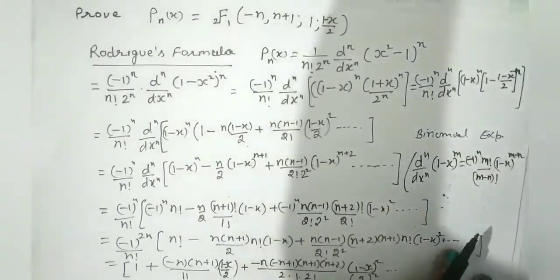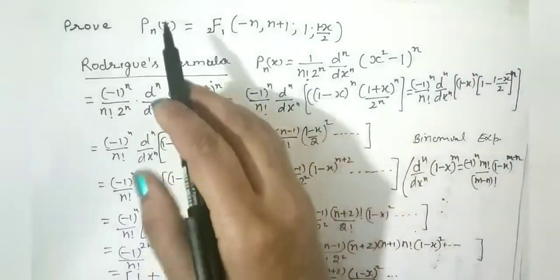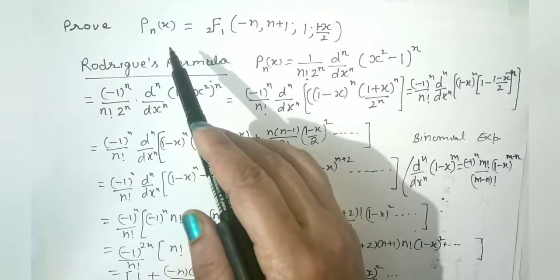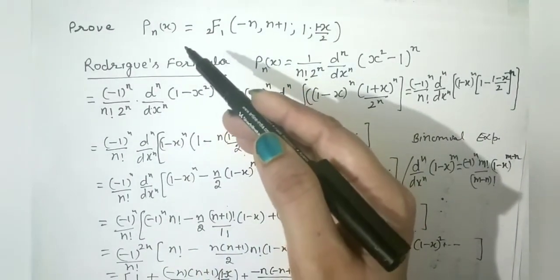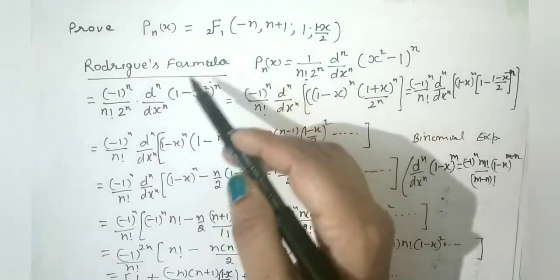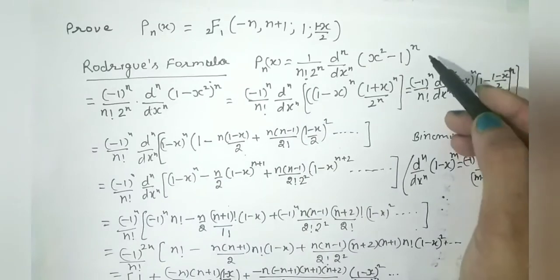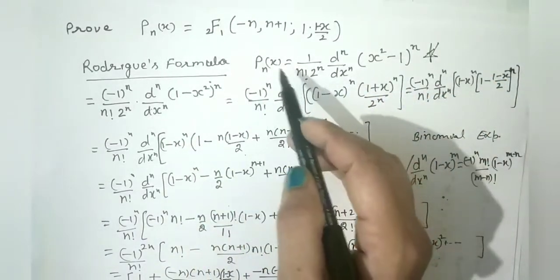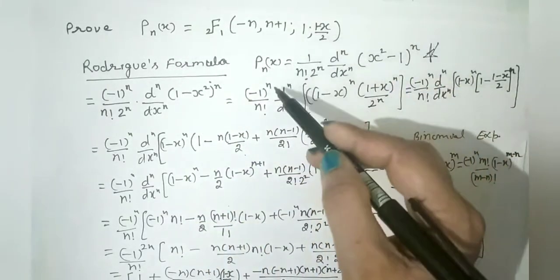Now one more example is here, very important. These two are very important examples. So now this is proof that Pn is a Legendre's function. We will solve this, or we have to do this chapter literally, but for now we are just using this formula that we will prove in the next chapter. So we are going to use it here. So just remember this is called Rodrigues' formula. So to prove this result, we put this value of Pn(x). This is a fixed value, we are using this.